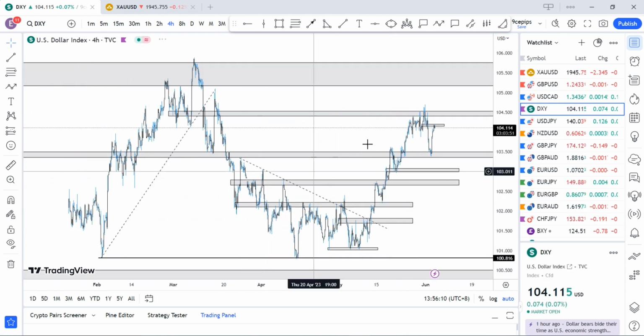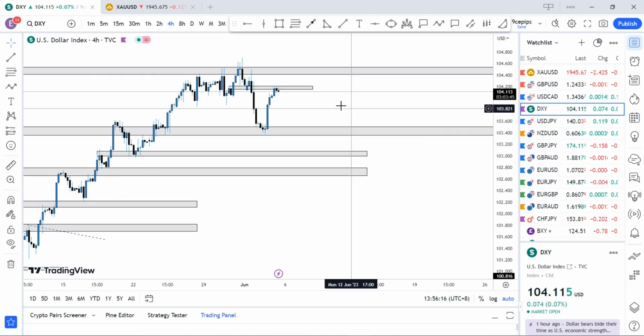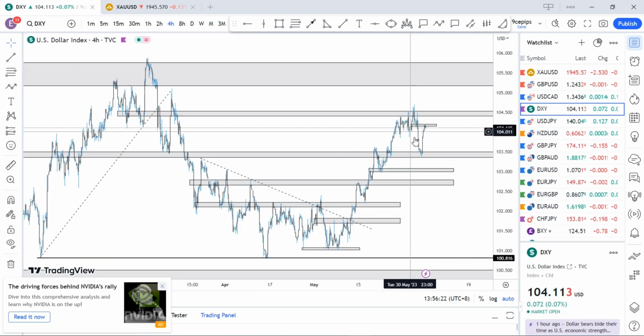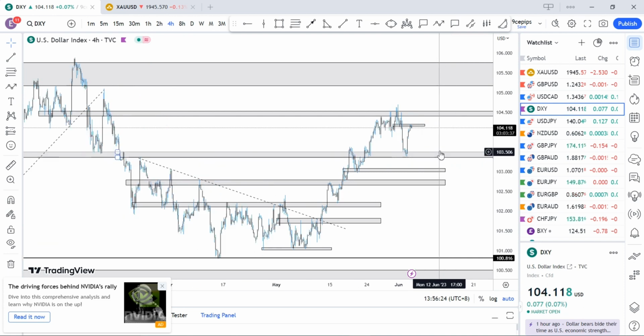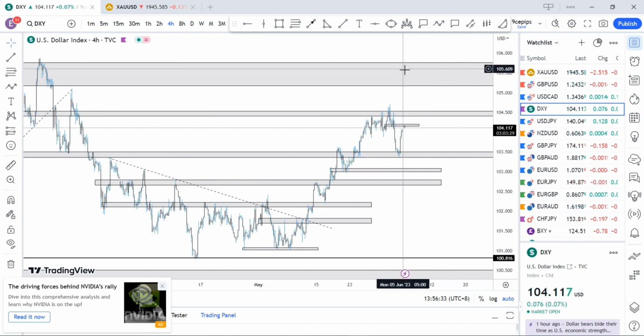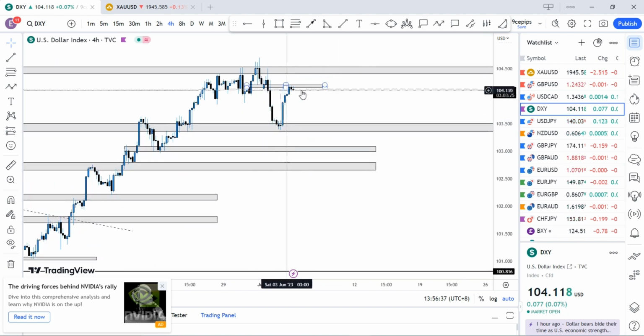DXY has shown a strong bullish momentum. We came to a very strong region here, came back for a pullback around 103.45, and now we look like we might actually reject this region, come back a little bit to this region again for another retest, or the regions here before continuing to the upside. But we just know that a break of this region of 104.45, 104.50 would give us a push to 105, 105.50. So for now, I'm looking at a very strong setup here.